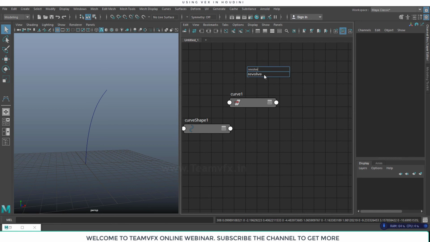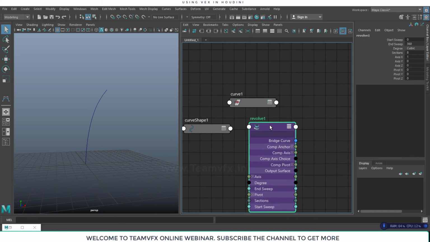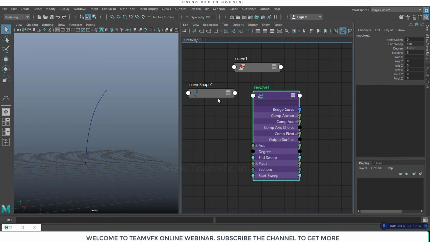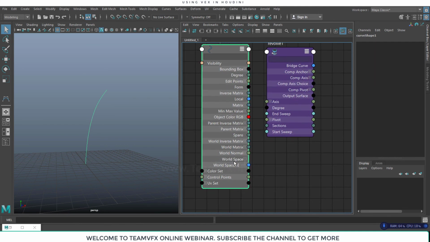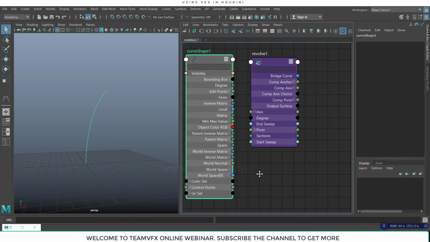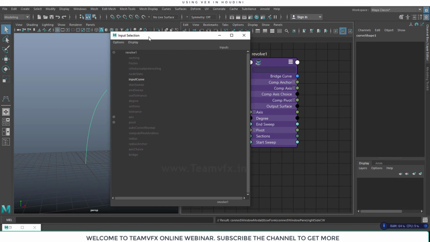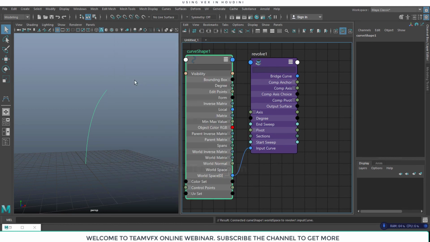Once we get the revolve command, we have to connect this output, the world position. This is an array, so it says where my point number is. So I will connect this with this point, and when we click the other option, it will show input connection, and I will click this input curve.